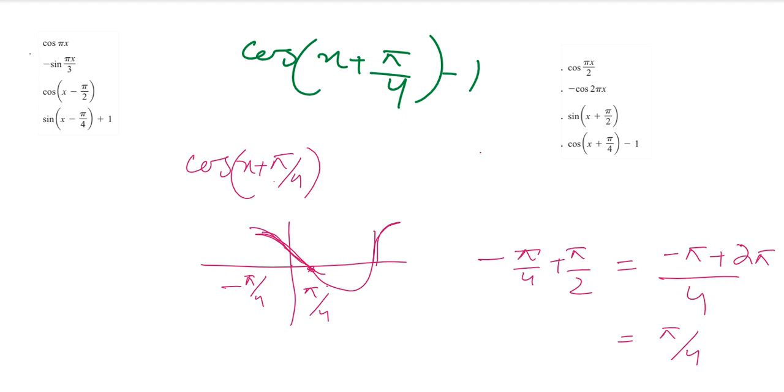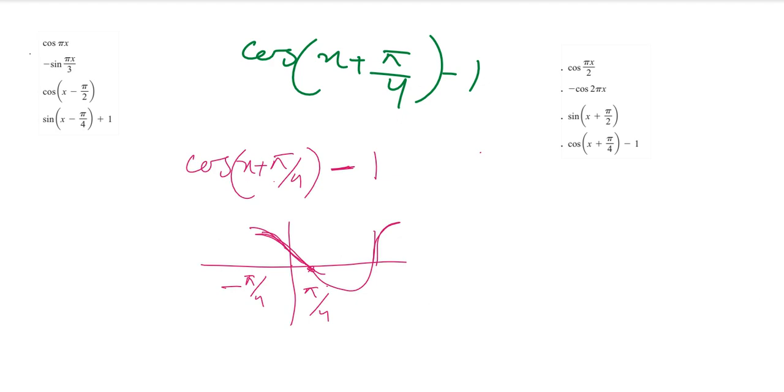And next we have to move this whole graph down by a factor of 1. That will be in this form. Over here our negative 1 pi by 4 will lie, and this will be the middle point, and then the next point. If we want to check the next point over here, you know that the next point will be